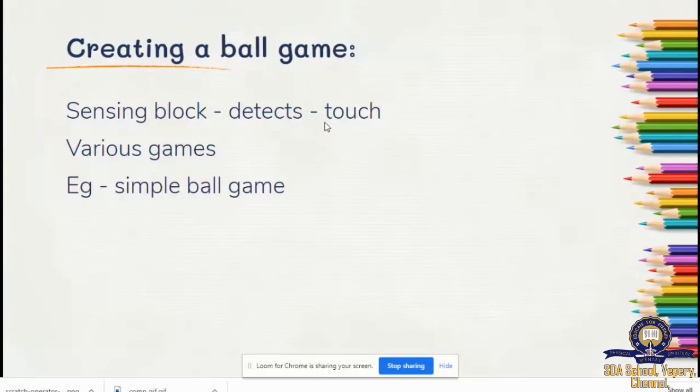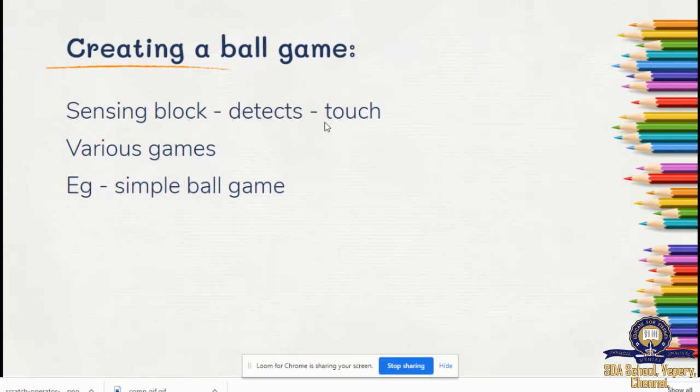That is used to create this ball game. Then you have a specific color or a specific object, that is the sprite. We can find whether it is touching the sprite or the object or the color. Using this, we can create this game.